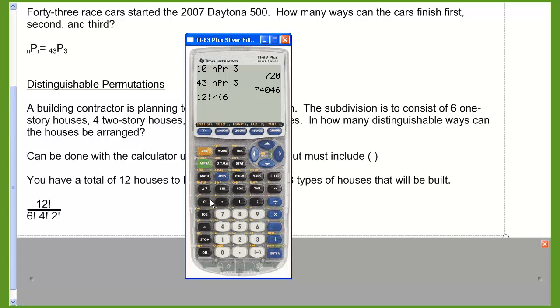Parentheses, 6, math, over to probability, down to factorial, press enter, and then we want 4, over to probability, down to factorial, and then we want 2, same thing, math, over to probability, down to factorial, and then we're going to close our parentheses and hit enter, and there's your